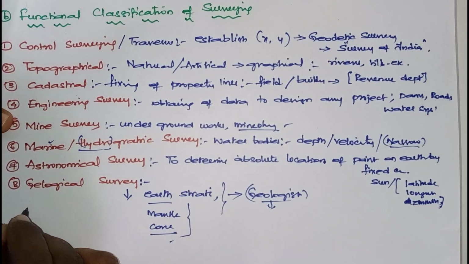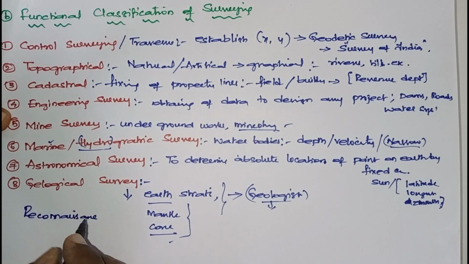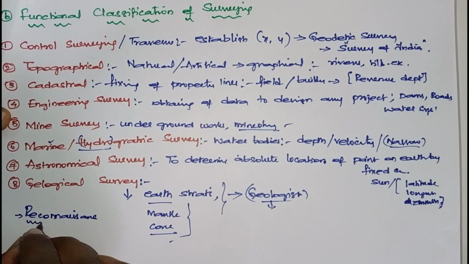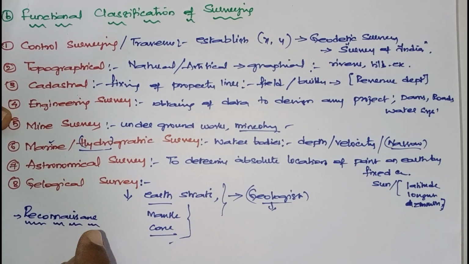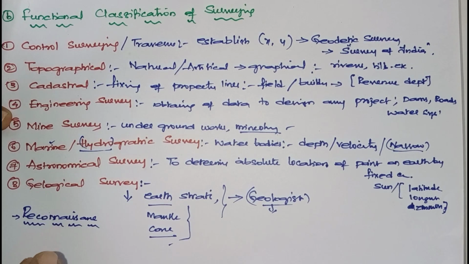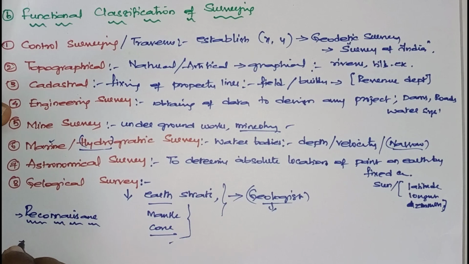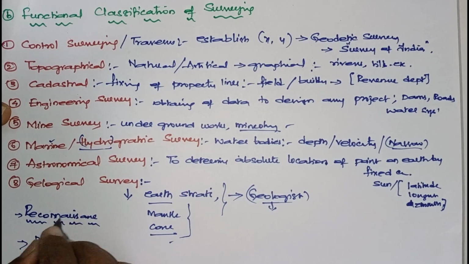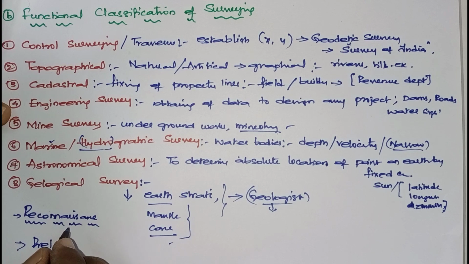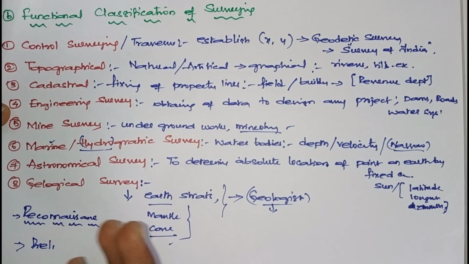Engineering surveys, an engineer will be performing what type of survey? Reconnaissance survey. What do you mean by reconnaissance? Whether the chosen site is feasible to work on or not, and a rough cost estimate of the project is made. Once it is approved, then we go for preliminary survey. In the reconnaissance survey, we won't carry any major high-accuracy instruments, only some minor instruments, and some borehole pits will be laid to check the suitability of the soil for the project.